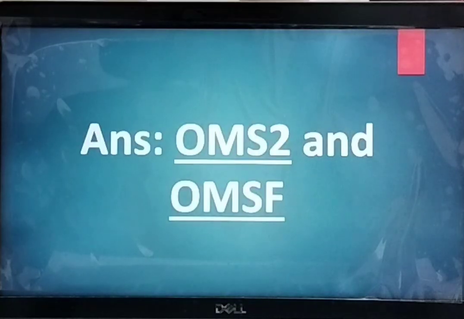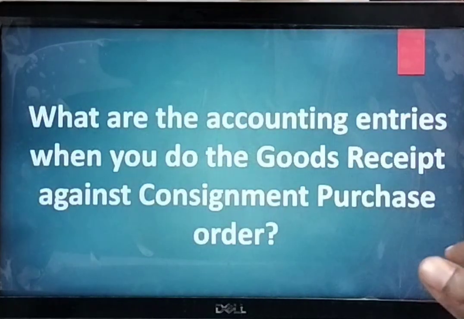Here they are asking for material group and material type. The material type is OMS2, industrial type is OMS3, and material group is OMSF.